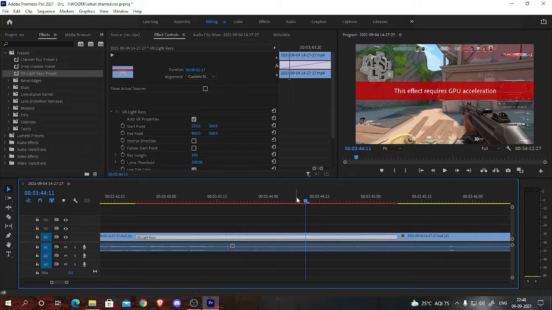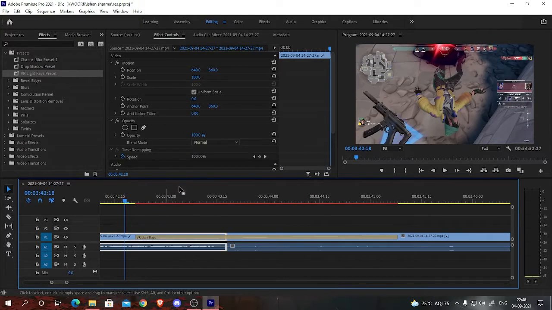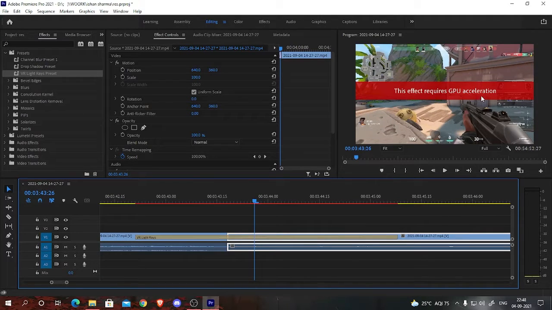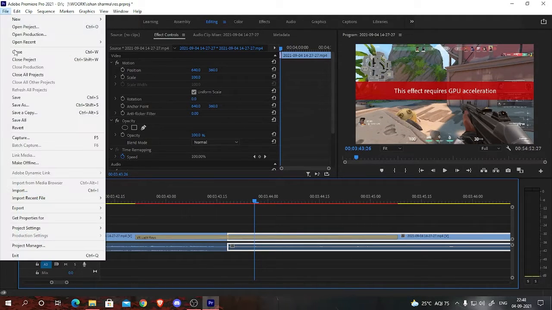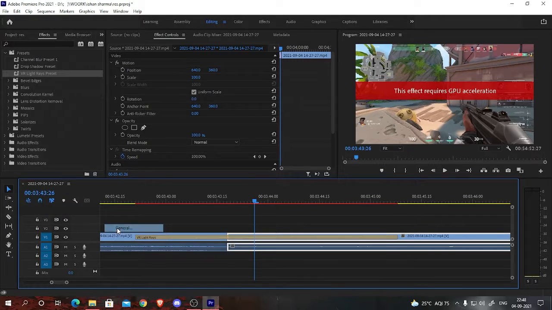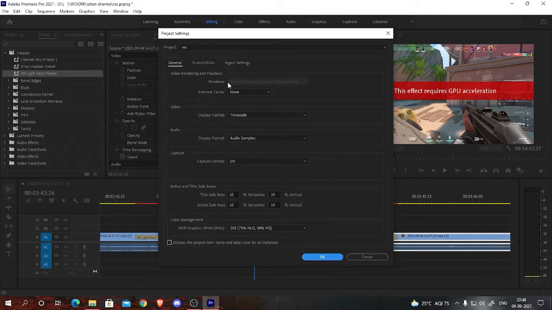If you're facing a problem like this, you apply an effect and it says this effect requires GPU acceleration, then just go to File, Project Settings, General, and here you can see this Renderer. You have to change this from Mercury Playback Engine Software Only to GPU Acceleration, but as you can see I